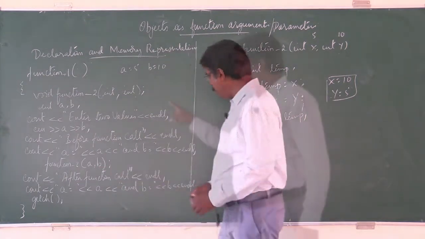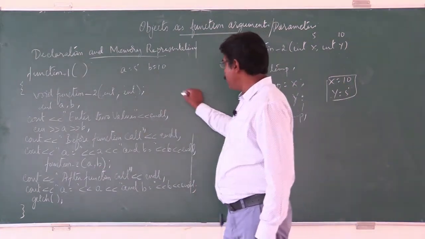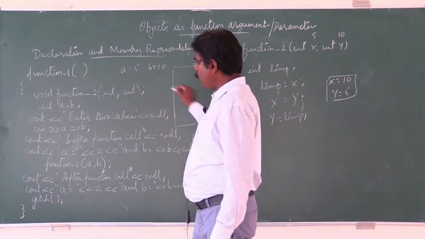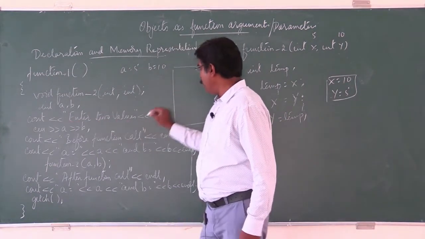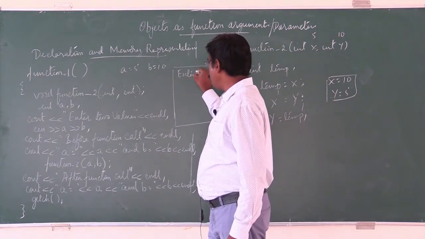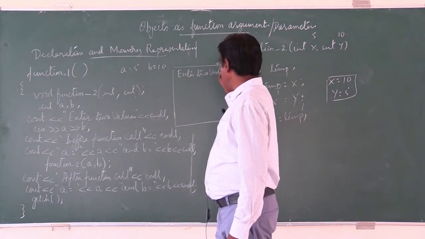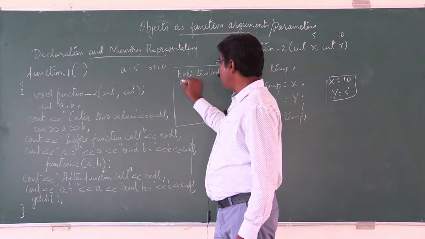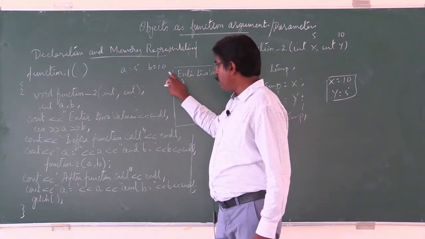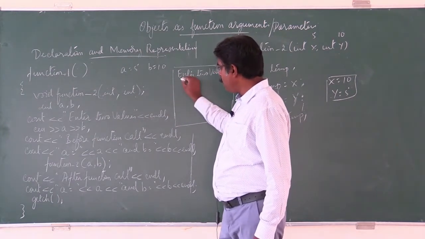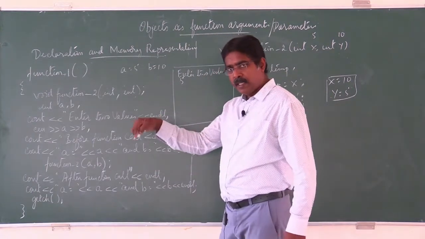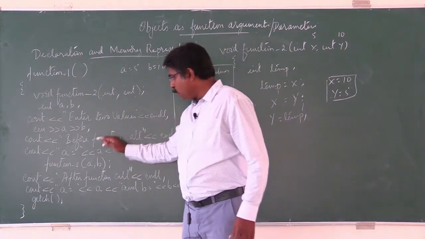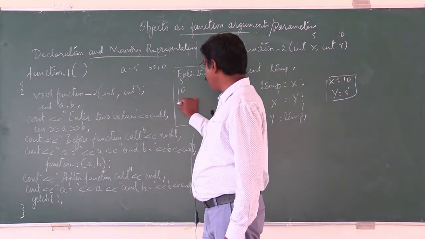So the output will be, I am writing the output in this place, so you need to observe carefully what could be the output. The control enters. It says enter two values. So I am going to write, Enter two values. Then we are going to enter those values, A's value and B's value. A's value is 5 and B's value is 10. So I'm not going to write A, rather I'm going to write 5, then press enter key and give 10.